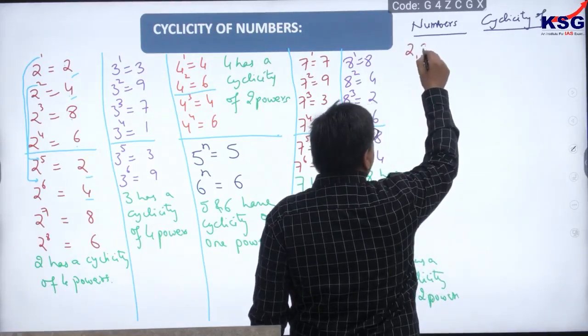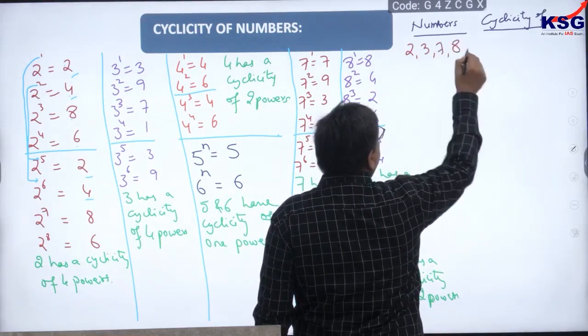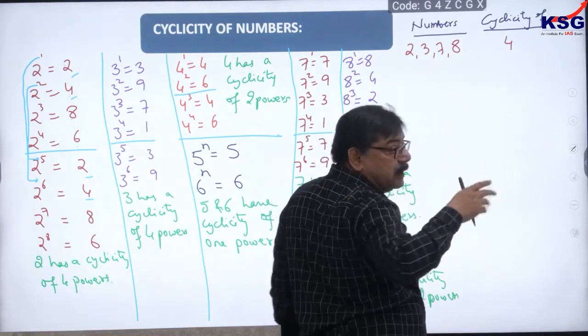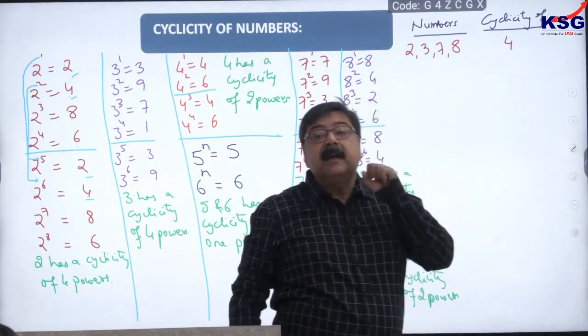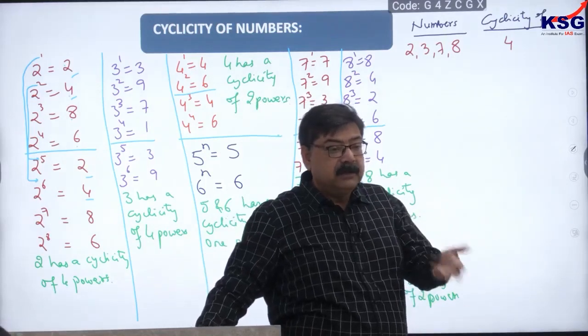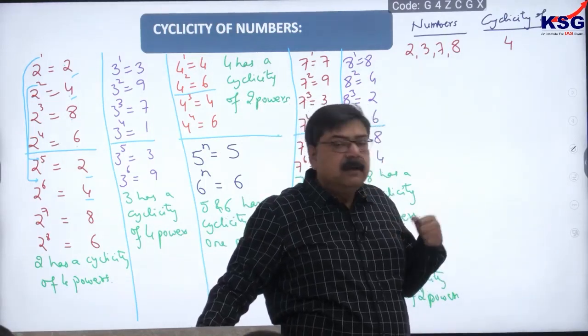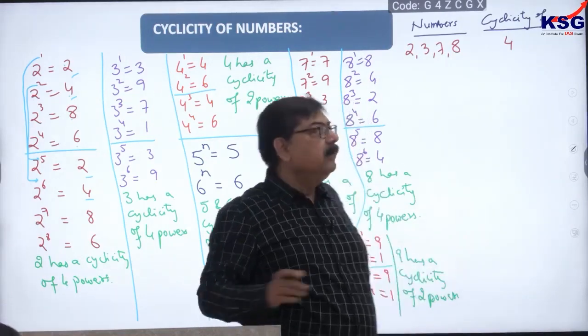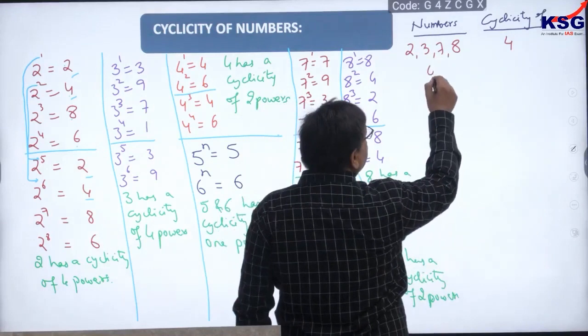So see, numbers like 2, 3, 7, 8 have a cyclicity of 4 powers. There are 3 single-digit numbers which are squares. Which are those? 1, 4, 9. They are squares. 1, obviously, we are not considering, since 1 to the power of anything will give us 1 only. Okay. So 4 and 9,